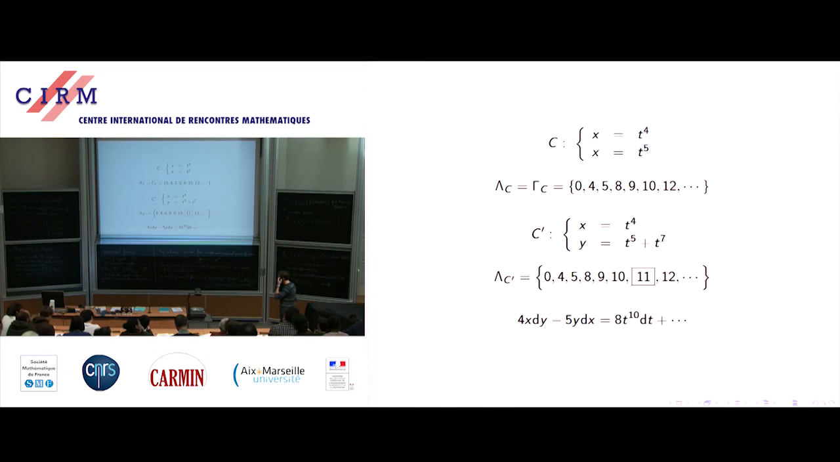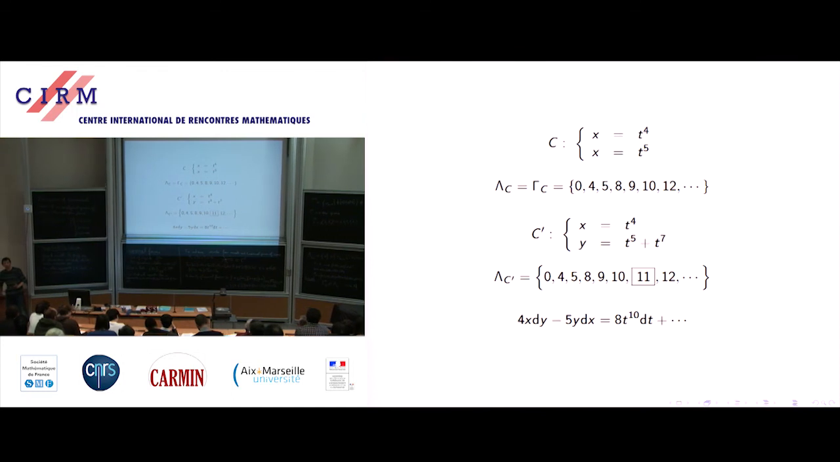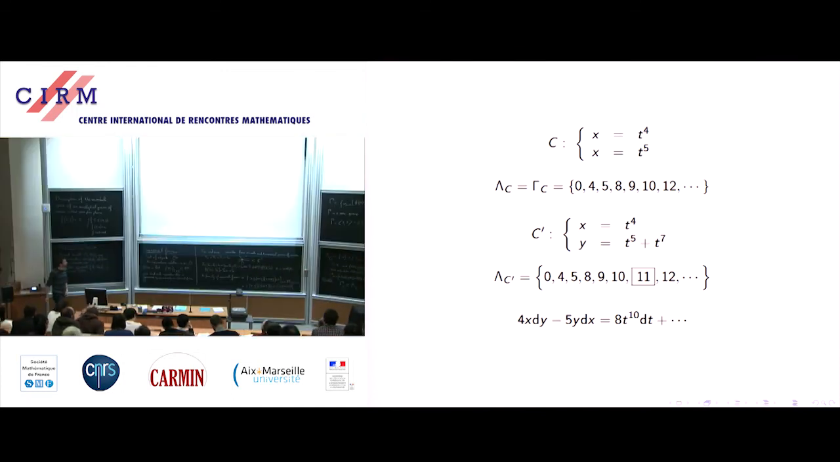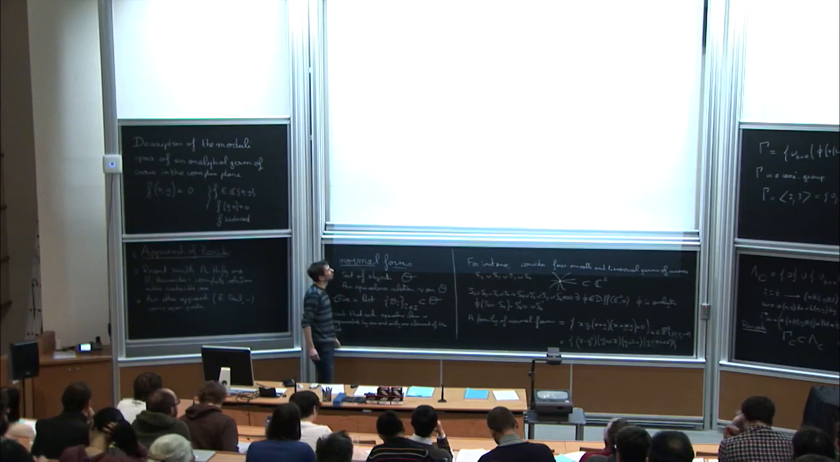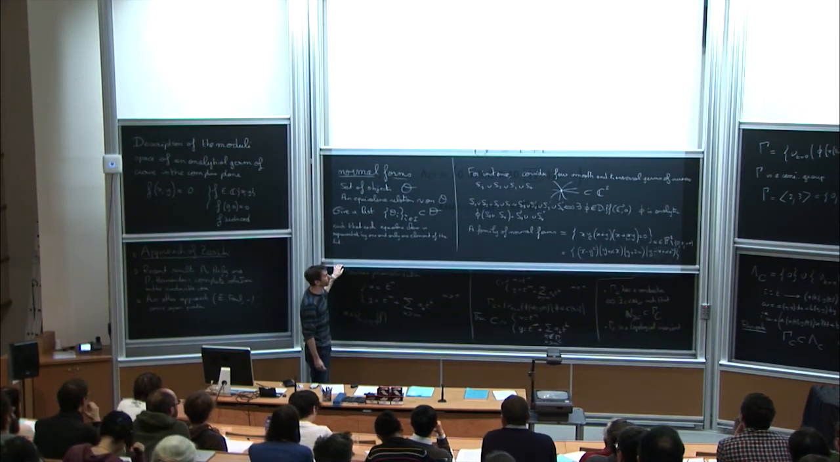So lambda C prime is not a topological invariant. This is a finer invariant than the semi-group. And of course, Zariski had already noticed this fact, and then he used this new analytical invariant